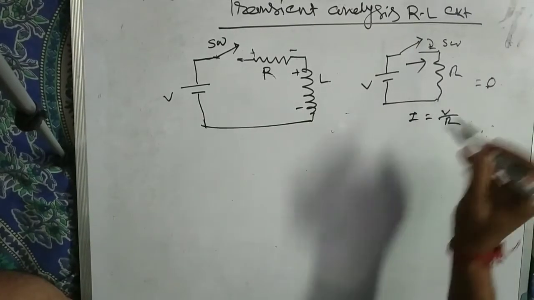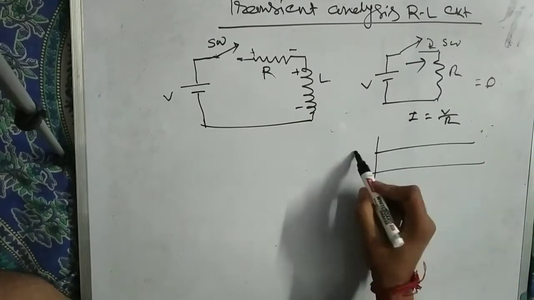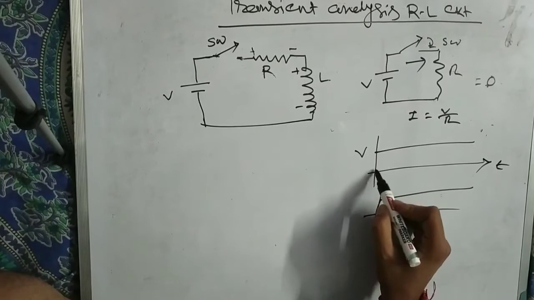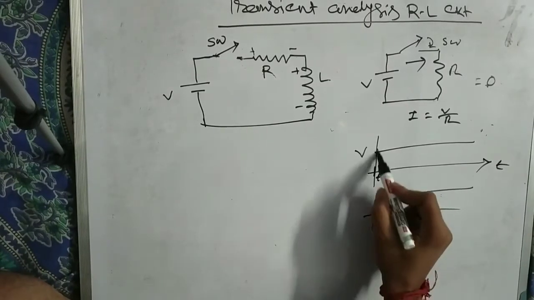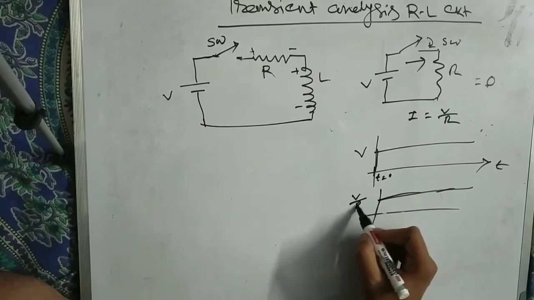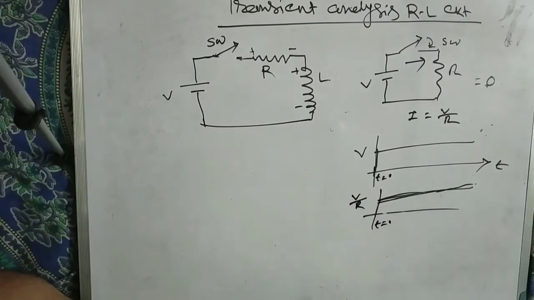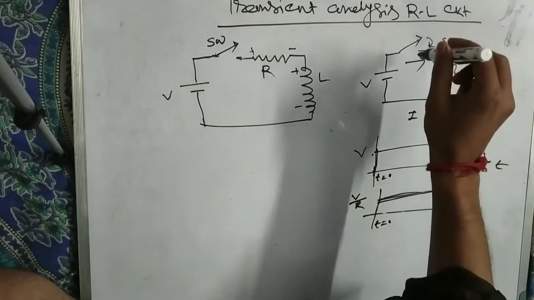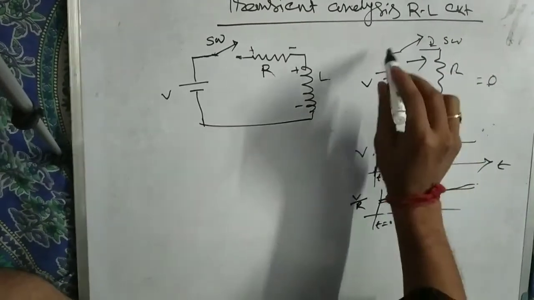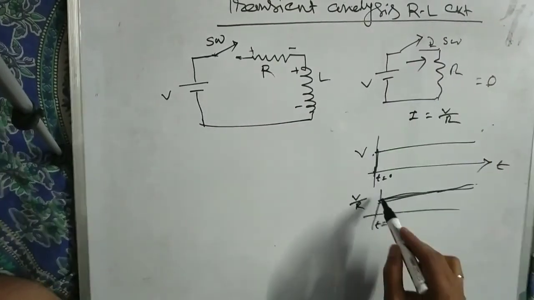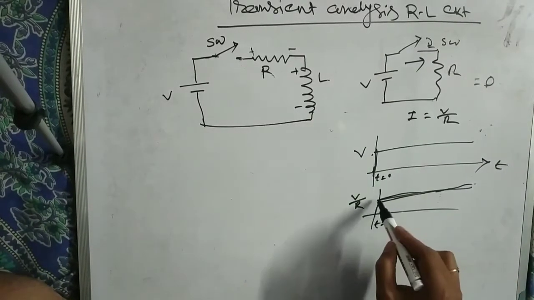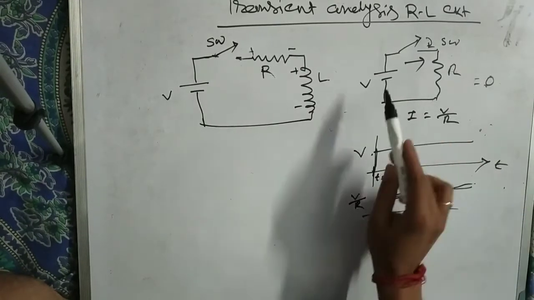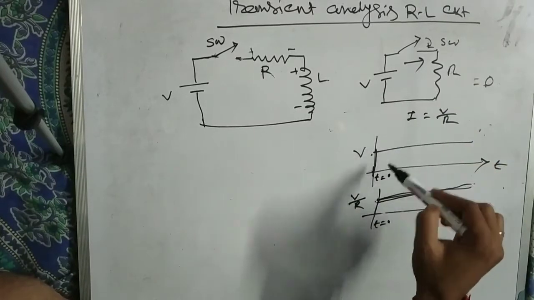So at the instant of 0, if I plot the graph, this is the voltage curve against t, and the current curve will be constant. At t equal to 0 you close the switch, the current will be equal to V by R, and it flows constantly. So it reaches steady state at t equal to 0. Whenever you press the switch, the circuit reaches steady state V by R, because the current is not changing. It's constant. At t equal to 0 it is V by R, at t equal to 10 it is V by R.